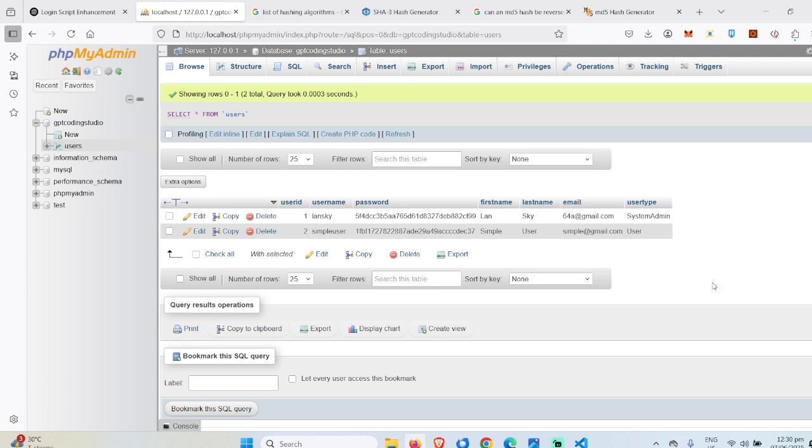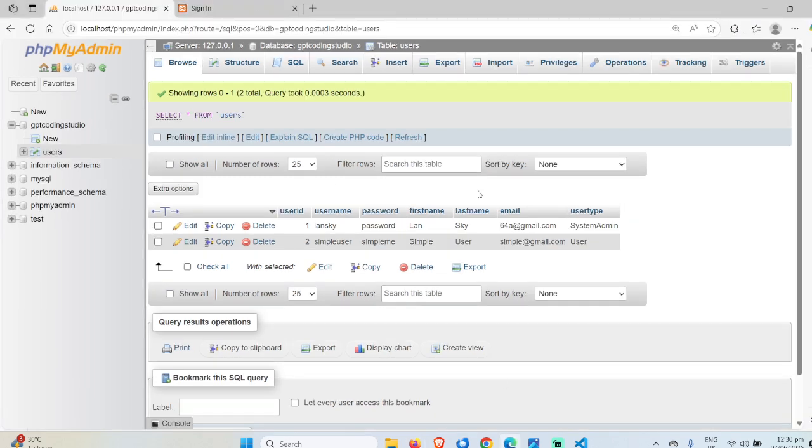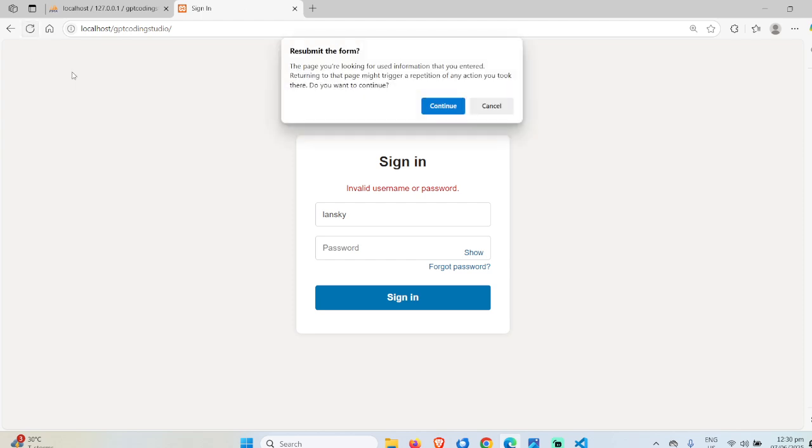If ever you have to change to another hash, you have to require the users to initiate forgot password so that your forgot password script or process would generate a new hash for the new password that they input into the forgot password process. Okay, so that's clear. So we can now log in. I think we can now log in using the new database changes.